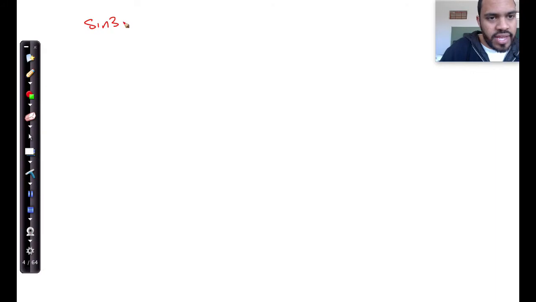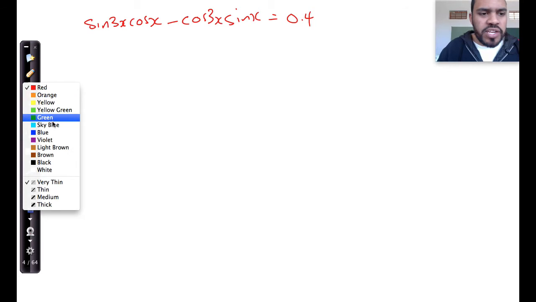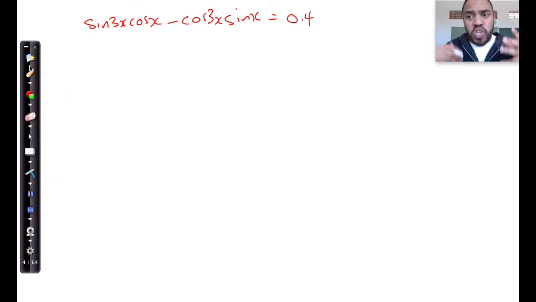Sine of 3x multiplied by cos of x, minus cos 3x sine of x is equal to 0.4, right? So that's valid. Okay, so people, when you look at this, and by now we've done so many examples, we've